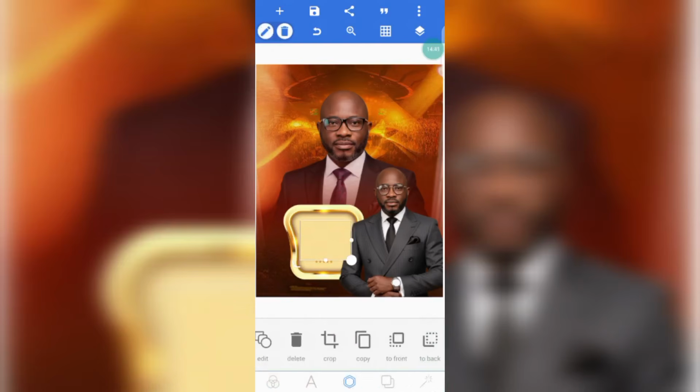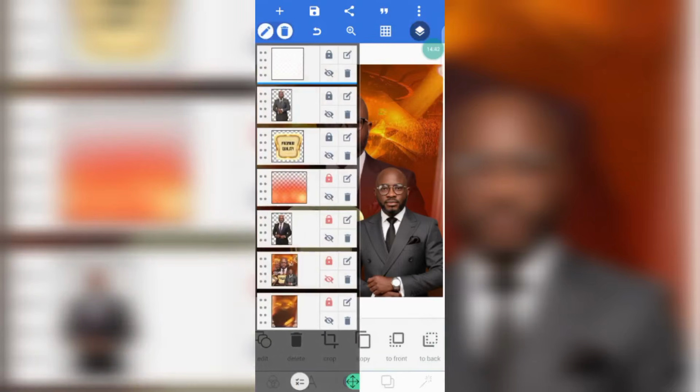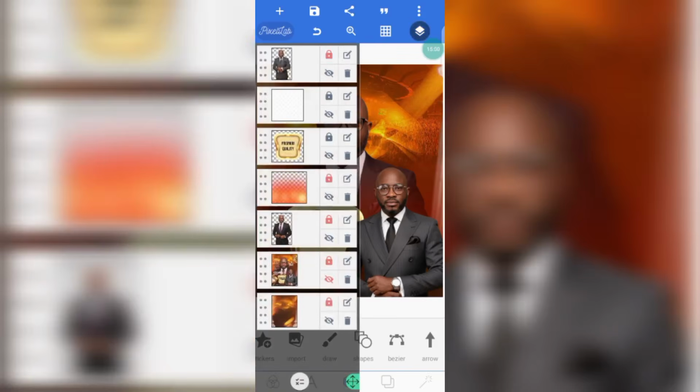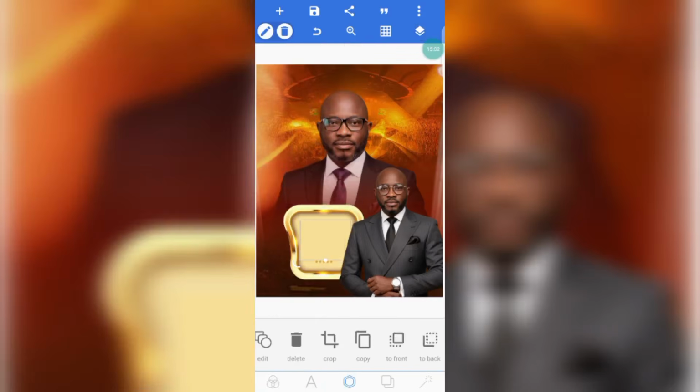Okay, now click on this icon at the right top of your phone, hold it and take it behind this image. Hope you can see what we've done. So place it there. Make sure you lock this image. Okay, the next thing we need to do is for us to write the name of the celebrant. So go to your A icon, click on text,